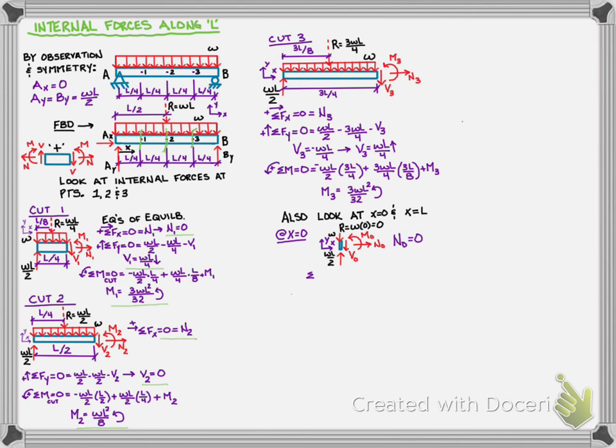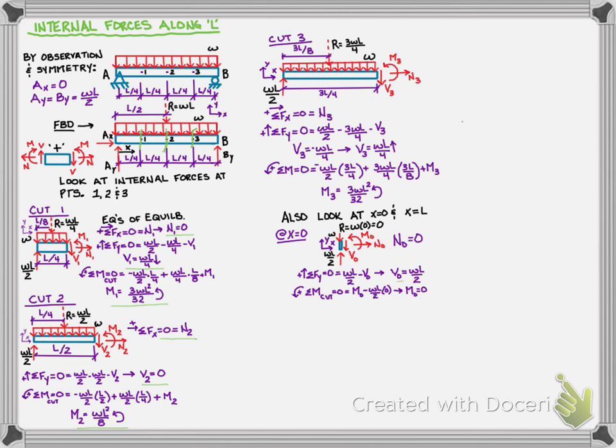So my distributed load W is a load per unit length. If it's, say, 10 pounds per foot, but I'm at x equal to 0, I've gone 0 feet. So I really have 0 load. The resultant would be W times 0, or 0. All right? So when I sum forces in the Y, I just have the WL over 2 reaction at A and my shear,